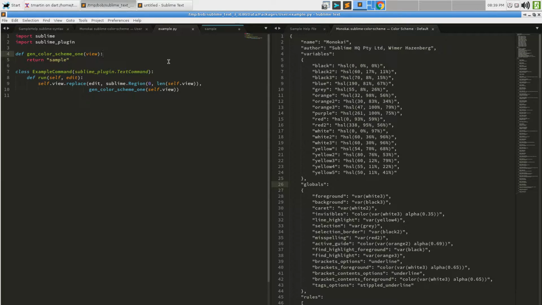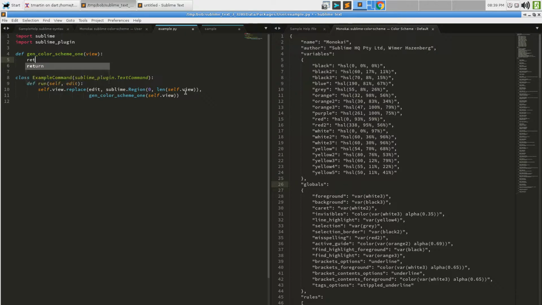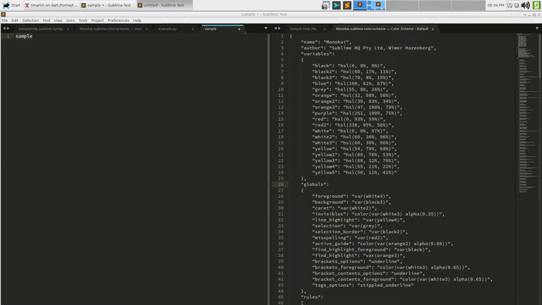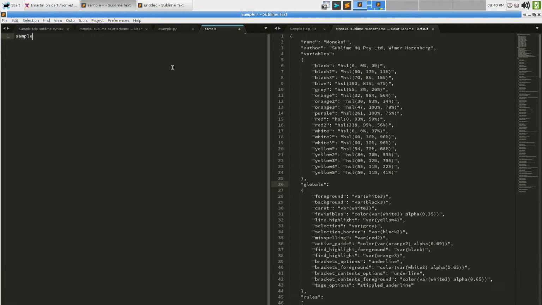So right off the bat, the first thing we know is this file is going to be a dict of some sort. So we can say scheme is equal to a dict, and then we can return the scheme like so. And what happens when we do that over here? We actually get an error in the console for that because the Sublime API expects for you to pass it a string and not a dictionary, as we can see there.